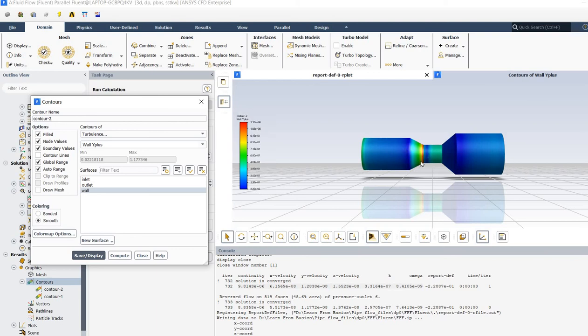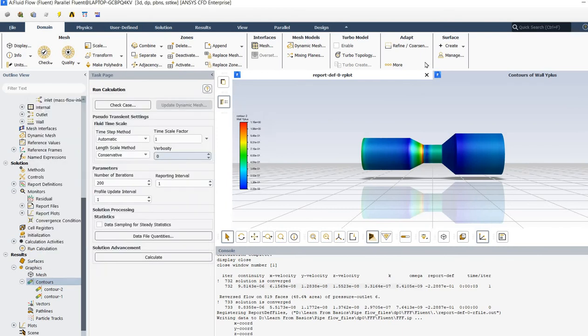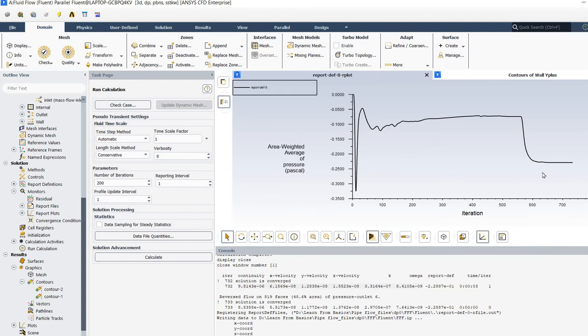Here there is a small area where the wall y plus is greater than 1, but it is not an issue. We got a converged solution, and now what we have to do is go and check the results. And also we have one monitor. You can see the monitor is almost stable after 700 iterations, and the value of outlet pressure is not changing, and that value is 2.2 into e raised to minus 1 Pascal.